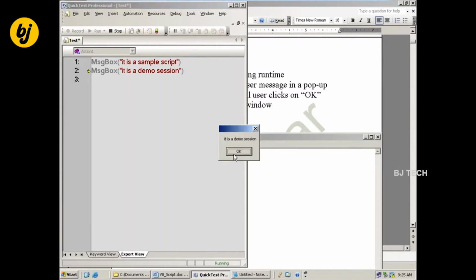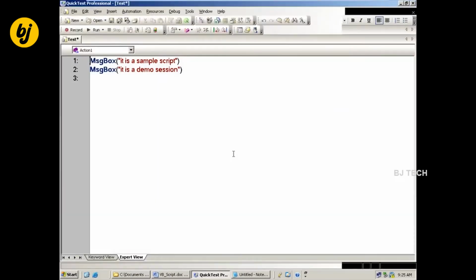But we may execute a number of test scripts in sequence. At that time, as a test engineer, you are not going to sit in front of the system to close these pop-up windows. Because of that, MsgBox is not that much preferred.